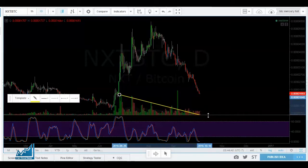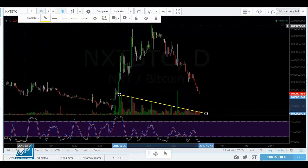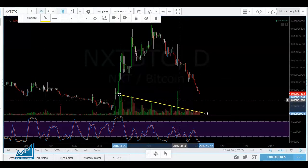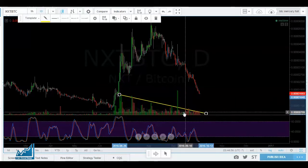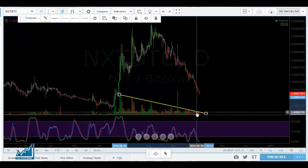There was definitely diminishing volume happening here. It tried to pump. Somebody put a lot of volume and effort into it, but it was a quick retrace and down, down, down, down, down. And even with all this selling, the volume is not getting totally out of hand,